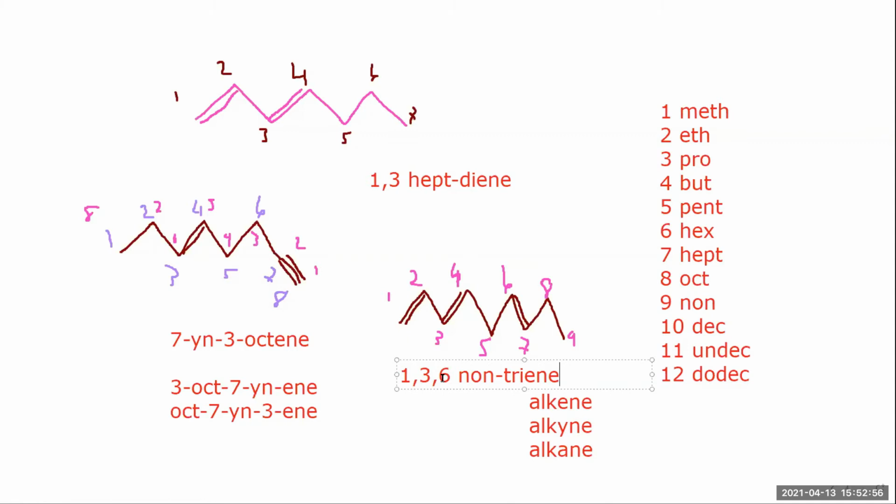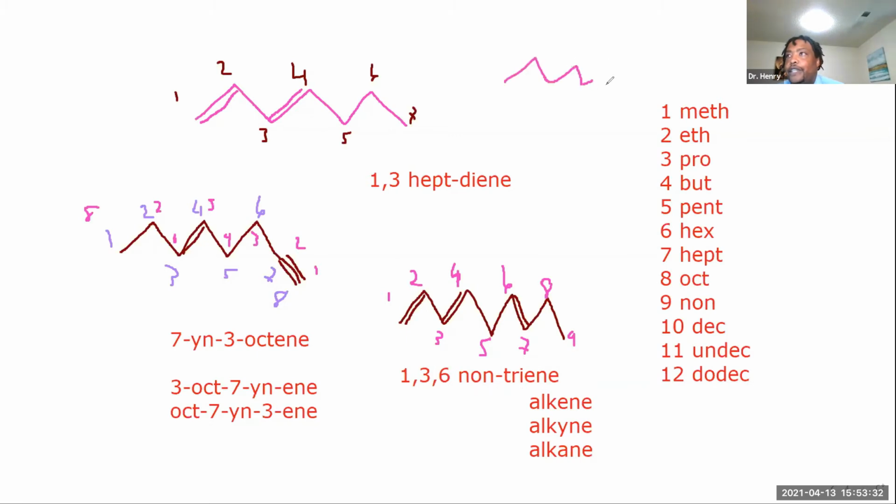Dr. Henry, I have a question. So it only ends in -ene if there's a double bond present in the structure? That's correct. If there's no double bond, it wouldn't end in -ene. If there are only single bonds, then it would be -ane, and you wouldn't have to worry about the double bonds. So what takes priority when there's no double bond? In that case, nothing takes priority, if it's still a linear structure. All you have to do is count 1, 2, 3, 4, 5, 6, 7.